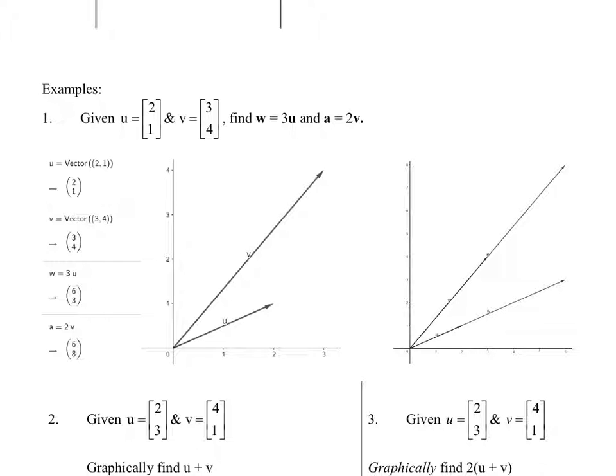So 3 times u gives you (6, 3). That's a scalar multiple of u. And then 2v, a scalar multiple of v, gives you (6, 8). And you can see the size relationship has changed. One is double the length of the other, and one is triple the length of the other. But also,